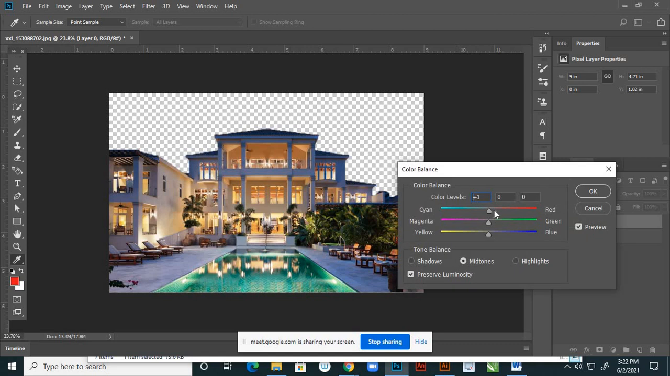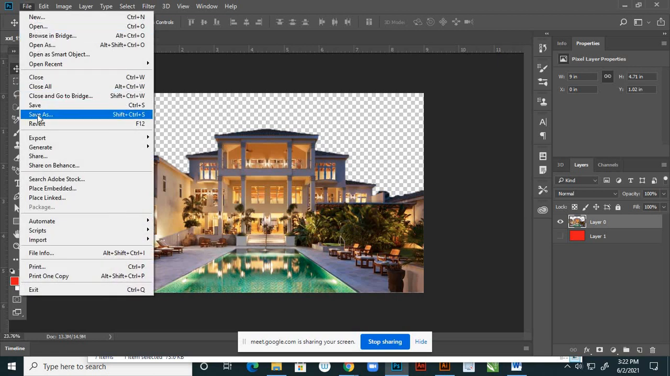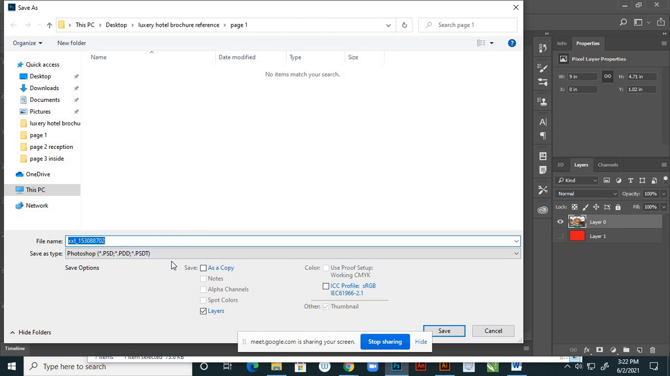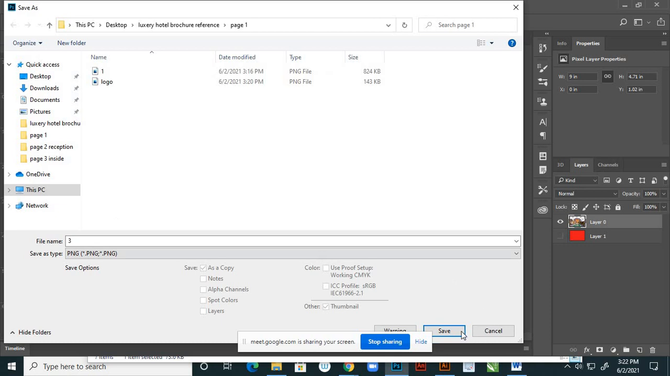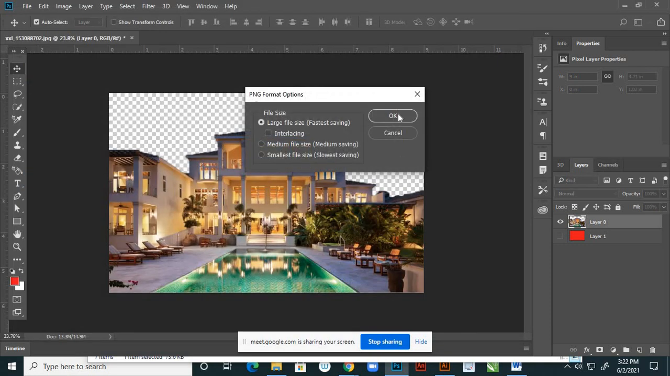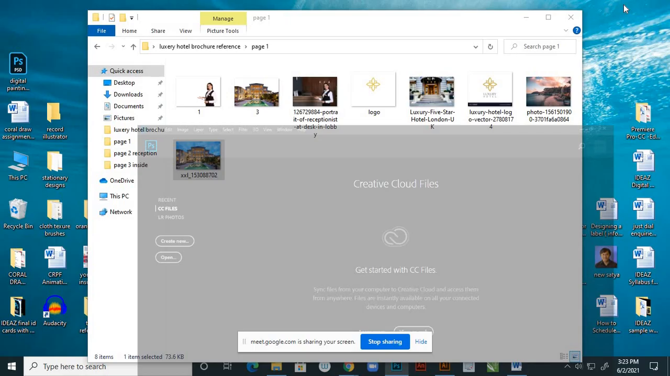Color balance. I'm adding reds and, suppose, greens and yellow. Yes, save. Okay. Now again I'm saving this file, Save As, and I'm giving number 3 and PNG. Save. Okay. Remove this? No. Okay, now